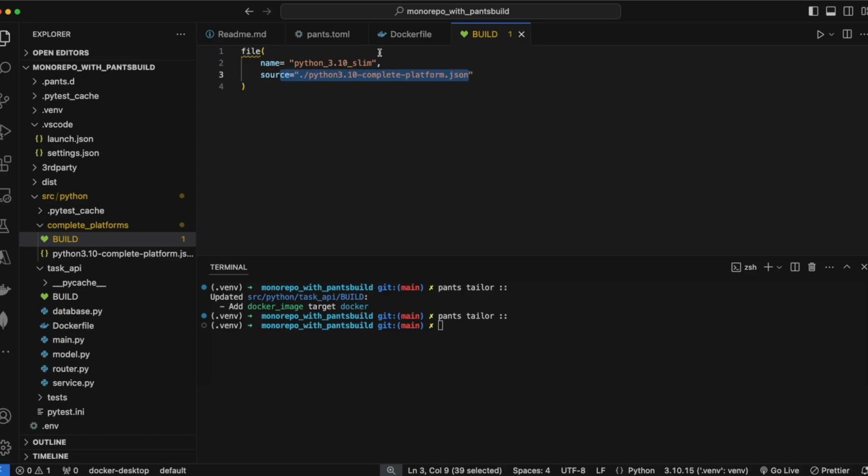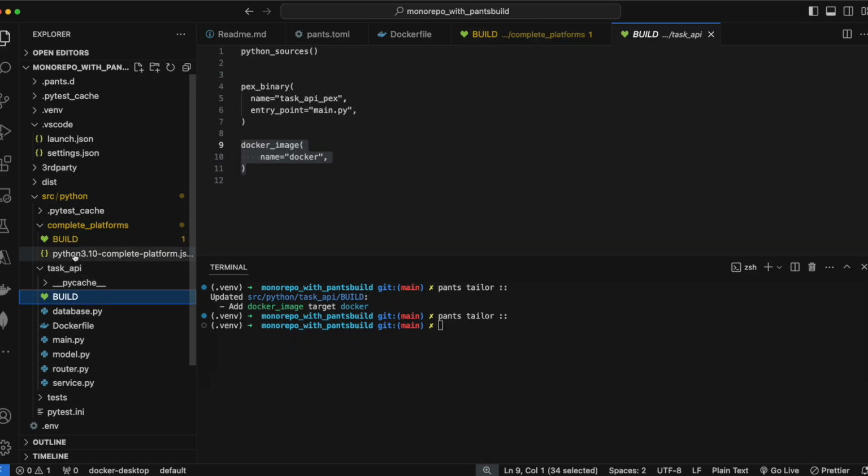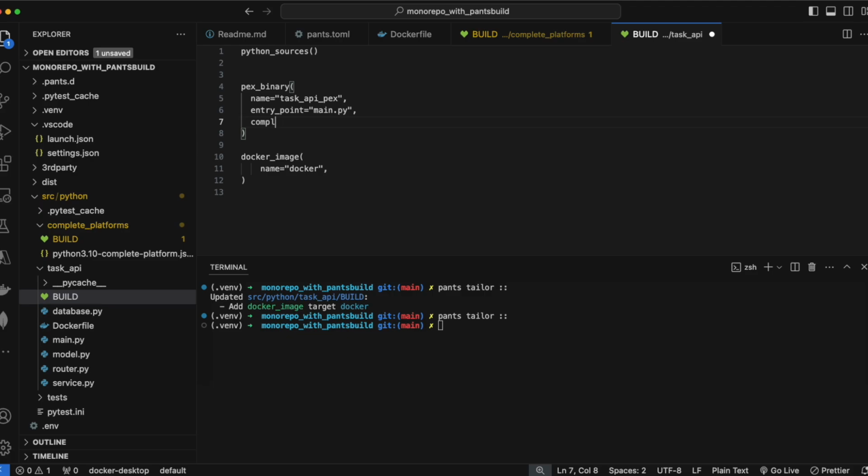So we say this is the source file, this is a target. So we added this to the Pants build system. So Pants knows the target, that this is also a target, and we can consume this. So the next thing is we need to tell our builder, our PEX file here, to use this target to be able to build the PEX. And the way to do that is we just add a platform here. So we add complete_platforms,